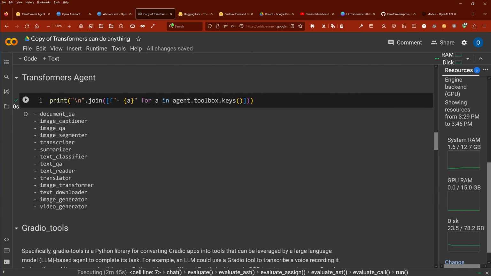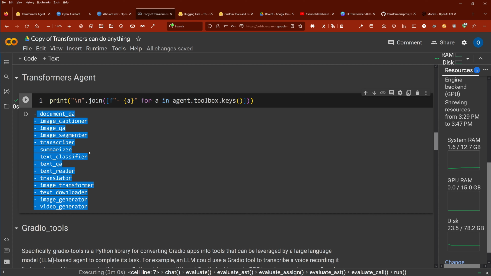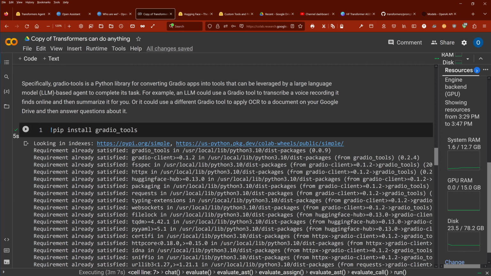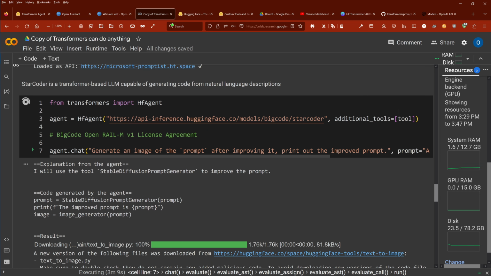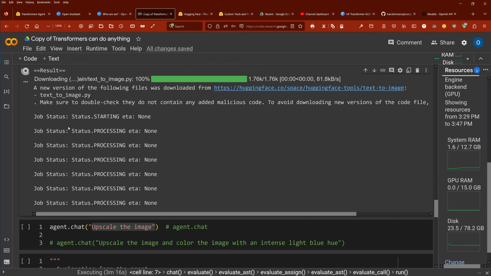And then we have here currently the tools from our HuggingFace transformer agent. But I would say next week we have already more. So this is really amazing how you can combine transformer agents plus additional tools from the Gradio tools for our LLM, for our artificial intelligence. We have chosen now to use here for Python code StarCoder. And then when this is done, status processing,